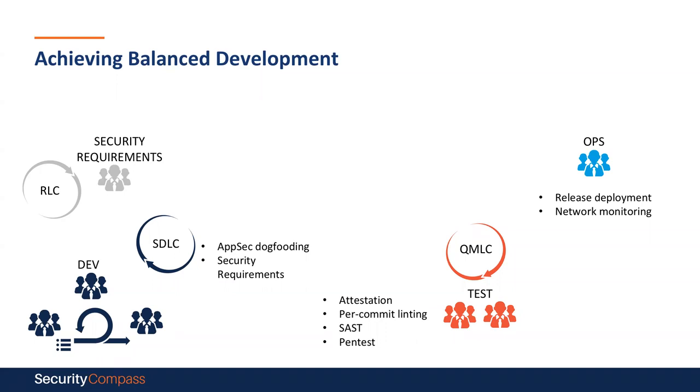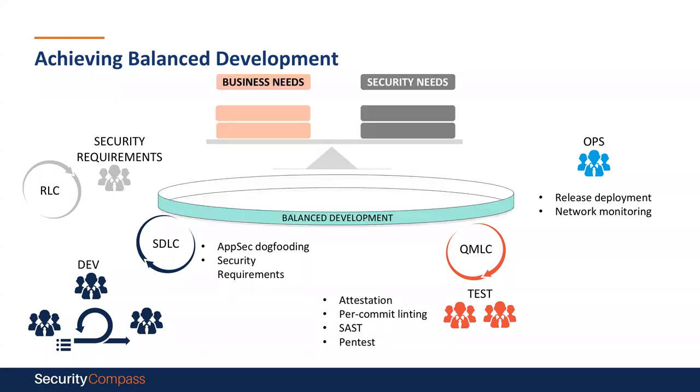And the question that emerges now is, how can we possibly keep all these teams synchronized and make sure that we're all doing this in a way that benefits all the teams, so that if a team decides to make one change, other teams are aware of it. And the natural tendency is to look at a platform that can integrate all of these together. Now, because the objective is to balance the business needs and the security needs,